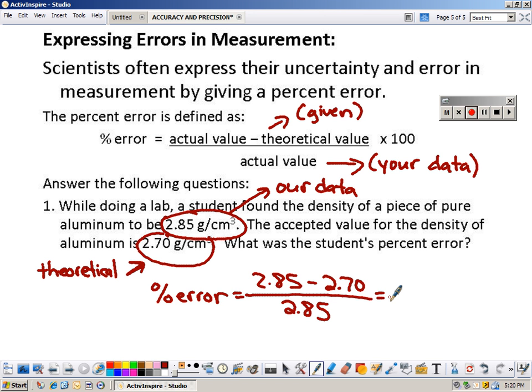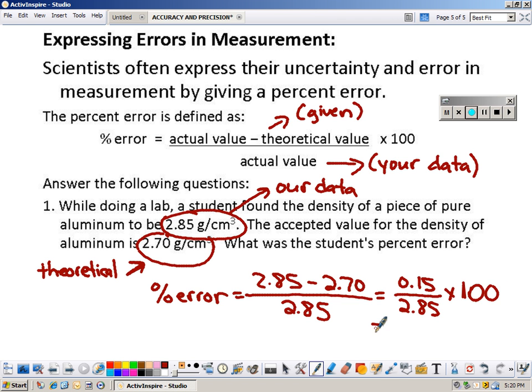When you subtract the top, you get 0.15. And then you divide that by the bottom, 2.85. Then you multiply by 100. Multiplying by 100 converts it to a percent. This will be the percent